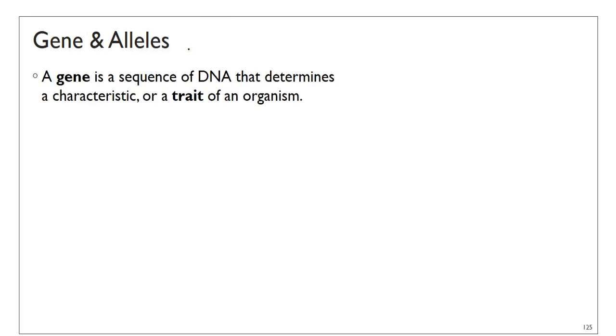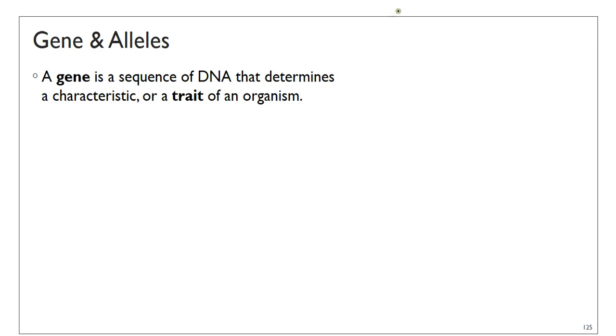The first two key terms that you need to understand and be able to distinguish between are gene and alleles. So a gene, I think we've talked about genes in the past, but not in a lot of detail. So this is the definition again. A gene is a sequence of DNA. We've talked about DNA a lot in this topic. A gene is just a section of DNA that determines a characteristic, or we normally call it a trait, of